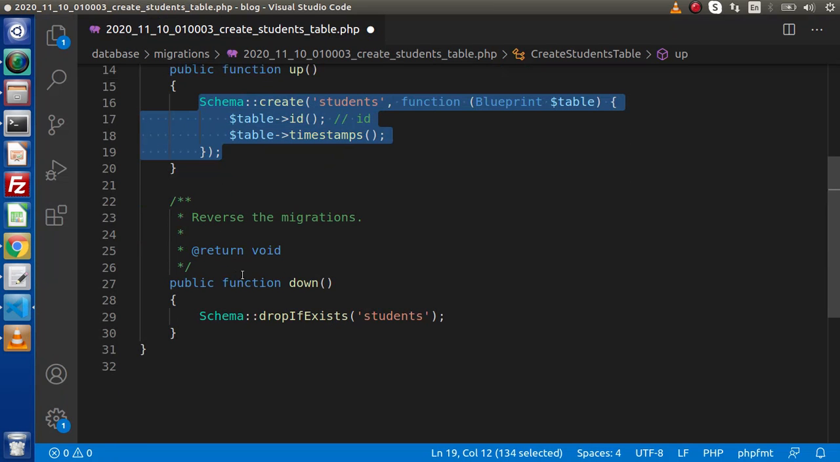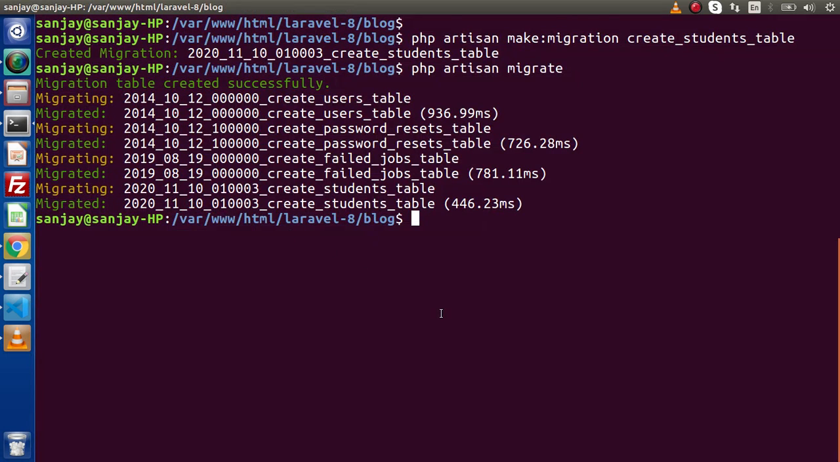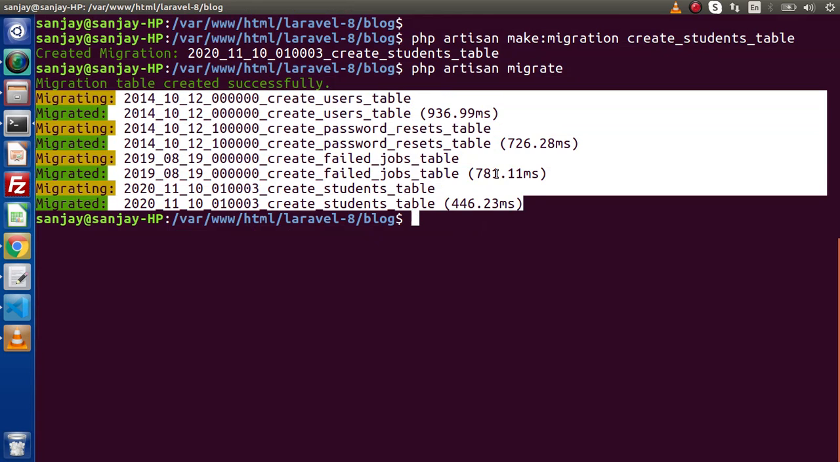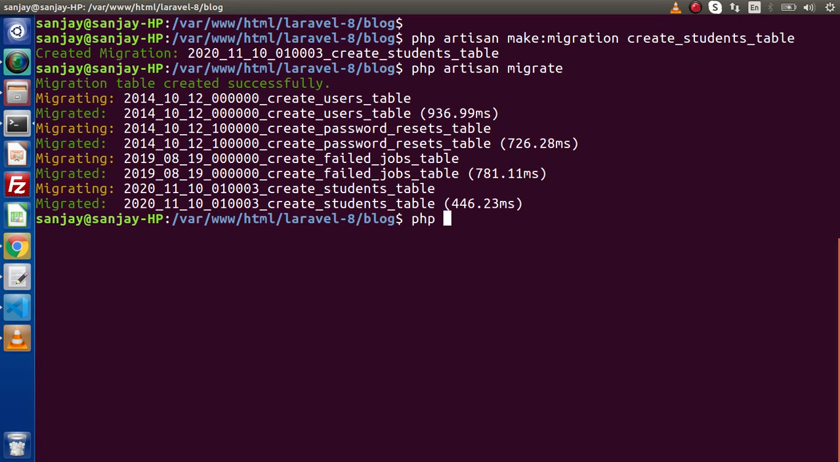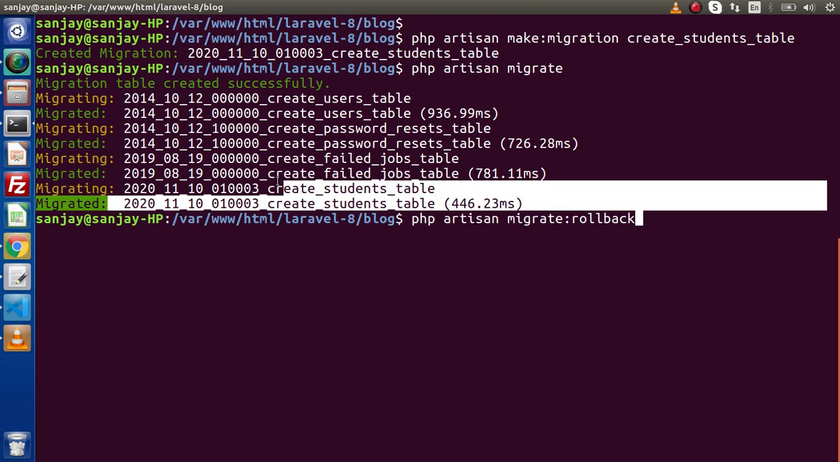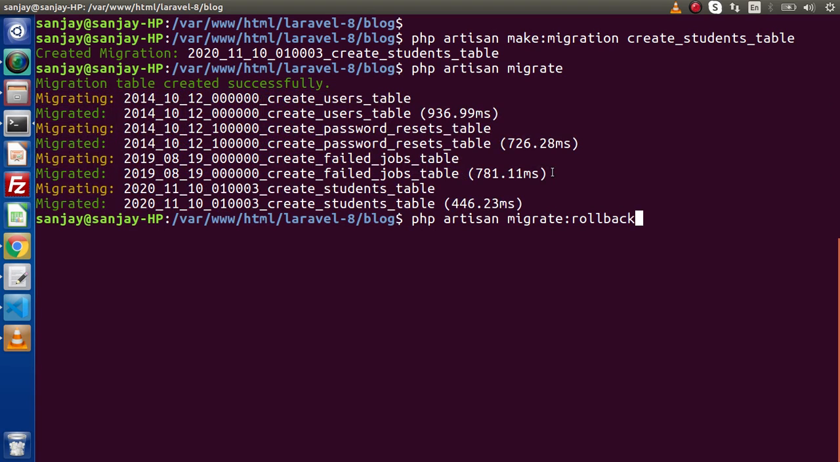Now next, how can we use this down method? Simply when we roll back our migration. This is the migration that we have run. If we want to roll back, we simply type php artisan, next we type migrate, and here we type rollback. By the help of this command, it automatically rolls back all the migrations that we have run so far. Now pressing enter,